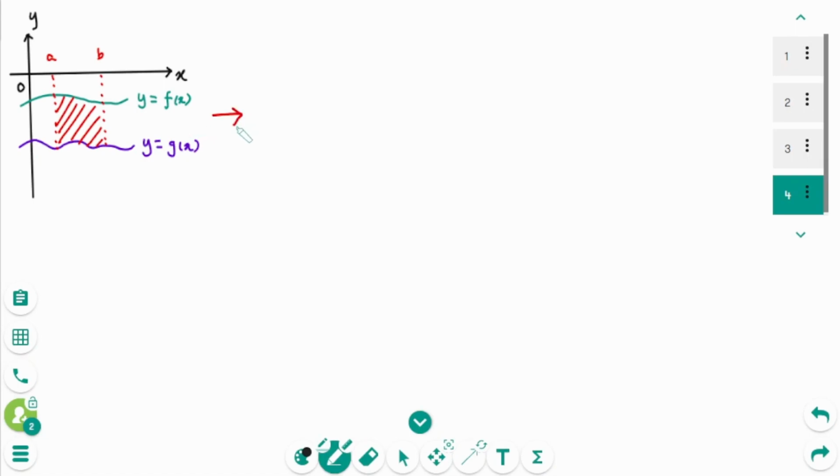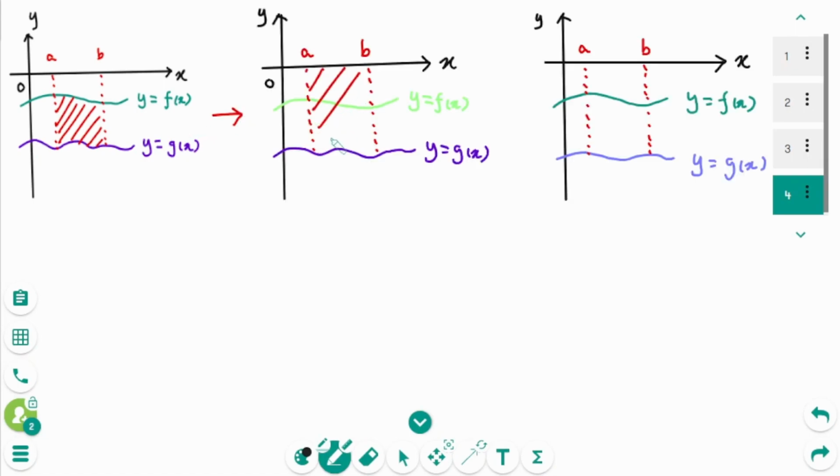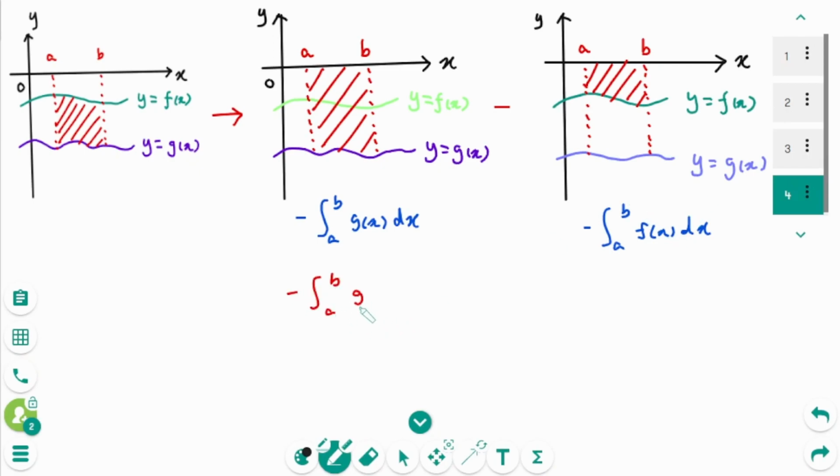We can think of it as this area minus this area. The first area is below the x-axis, so minus the integral from a to b g of x dx. And the second area is also below the x-axis, so minus the integral from a to b f of x dx. So this area is this part minus this part, then minus integral from a to b g of x dx